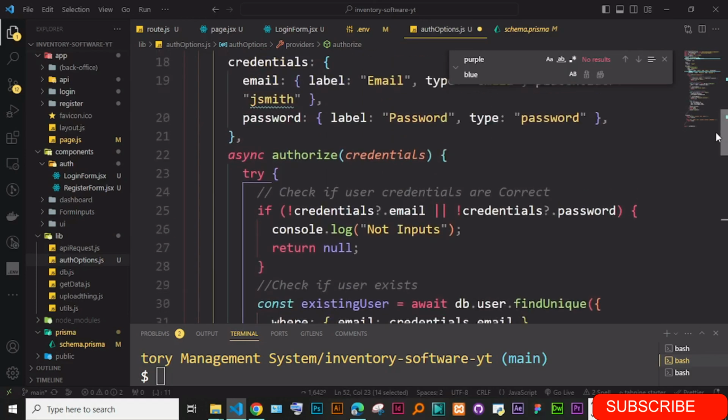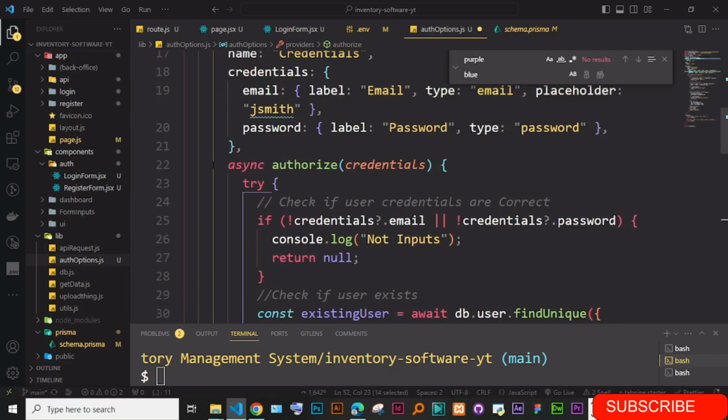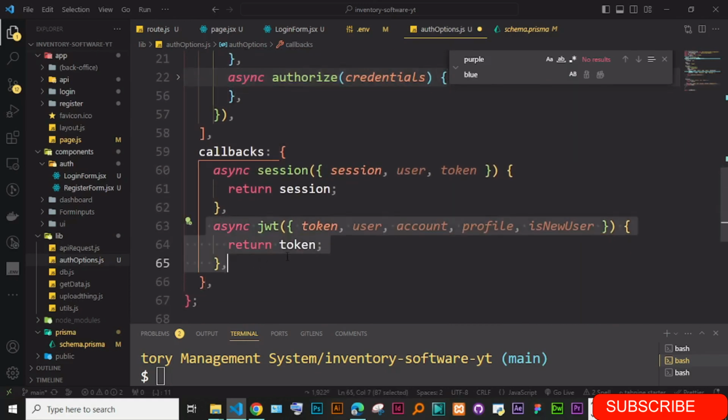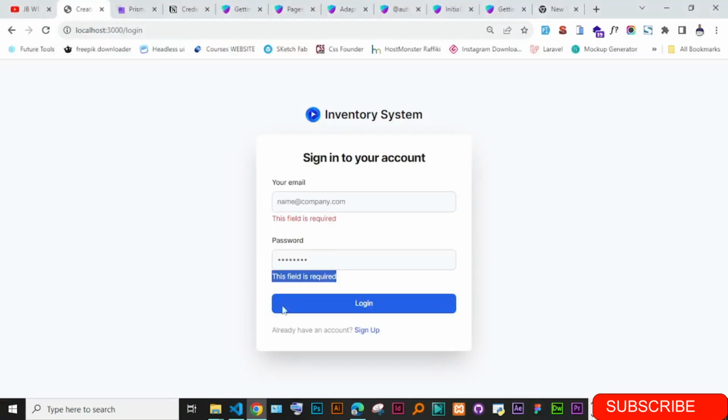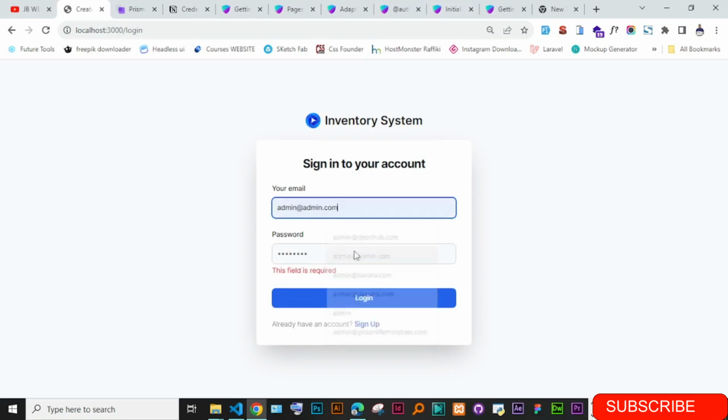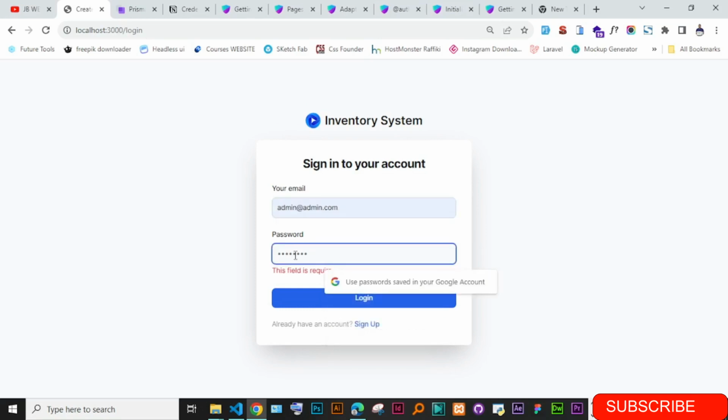This authorize function works with the JWT. Whatever you return in this authorize function will be passed to this JWT as the token. Okay, so this will be the token. If you wanted to add anything in this, after this it runs the token, then after the token runs the session. So if right now everything is correct, we should just be able to check. I'm just going to go here. The email was admin@admin. Okay, and the password was